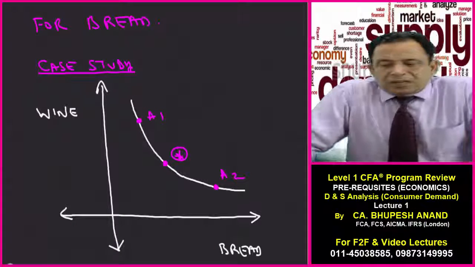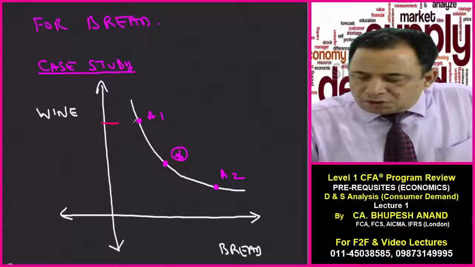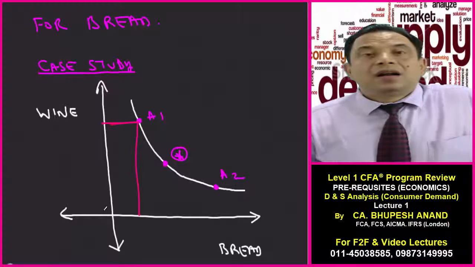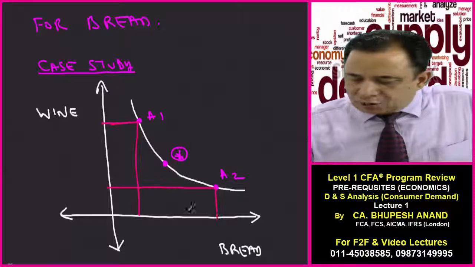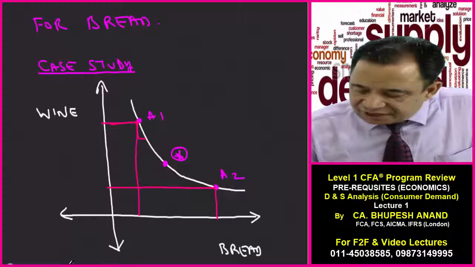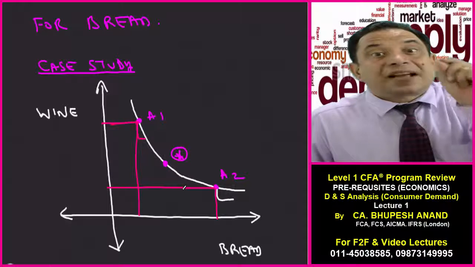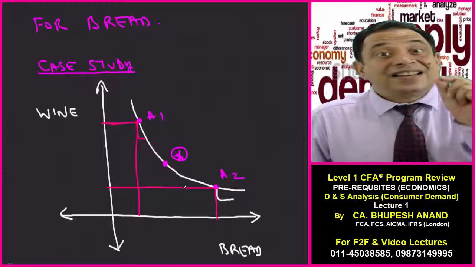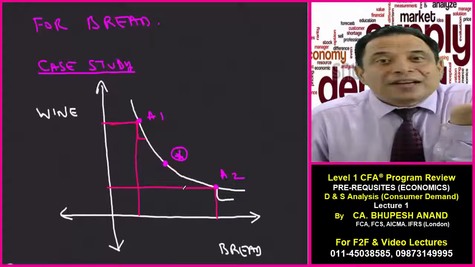For bread, just see the curve I have drawn again. A1 is one scenario and A2 is the other scenario. Now at A1 there are more units of wine and fewer units of bread. But if I see A2, there are more units of bread as compared to fewer units of wine. So at which rate, how many units of wine are being sacrificed for getting one additional unit of bread? That is named, because I want to substitute one product with another product,